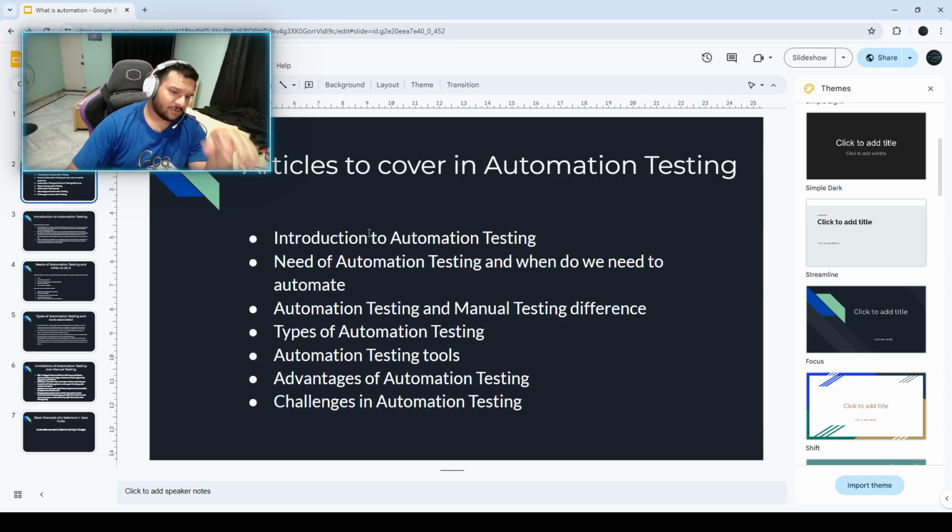So what articles will we cover over here? I've created a very small slideshow just to tell you about automation testing, what it is. And for my Hindi viewers, I also translate in Hindi, because most people watching me are from India, and I saw 30% of people watching me are outside India, mostly from the US, Europe and all. So definitely I will be continuing for everyone in English, then I'll explain the things in Hindi as well for